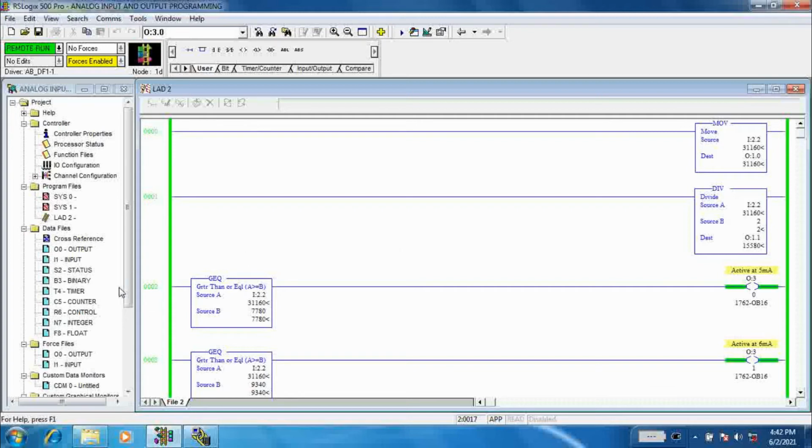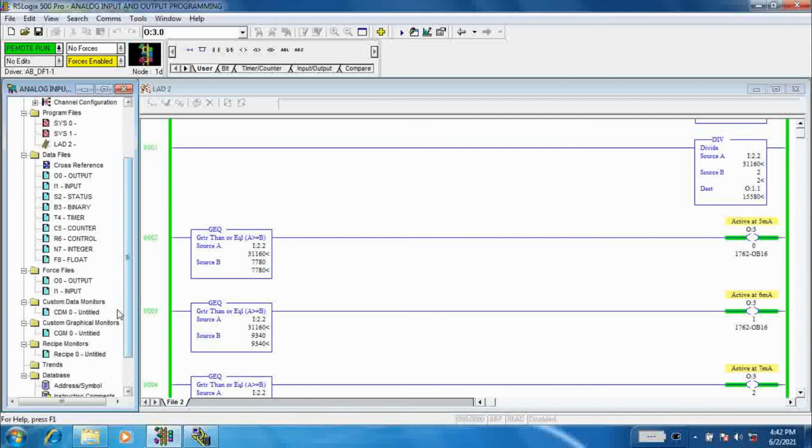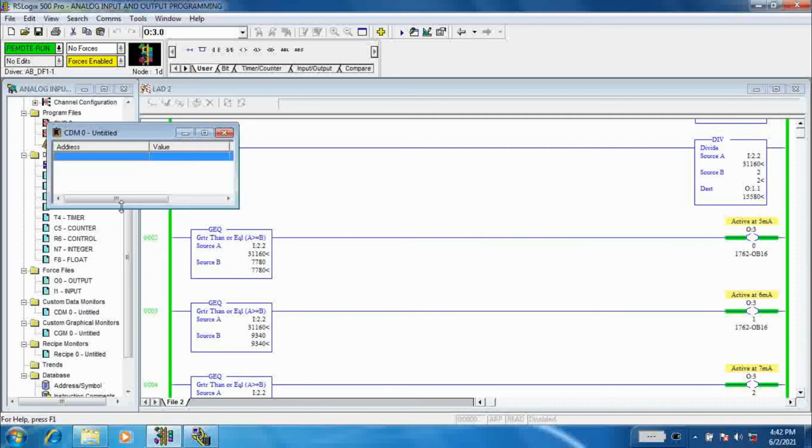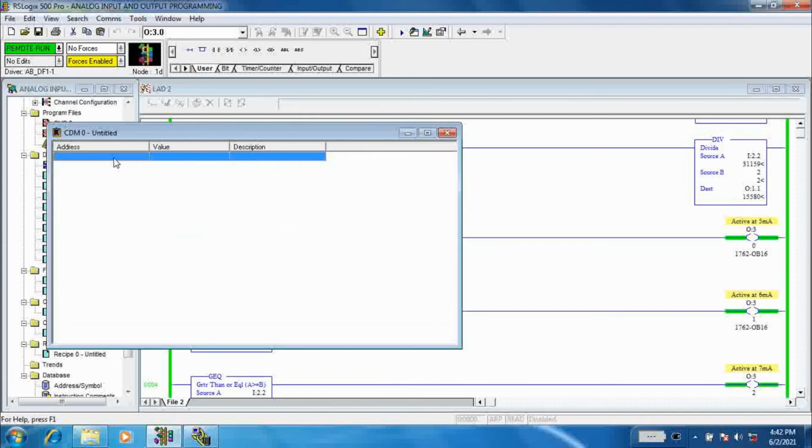Now to monitor all digital outputs in one page, you need to use a data monitor table and write down all the outputs here.